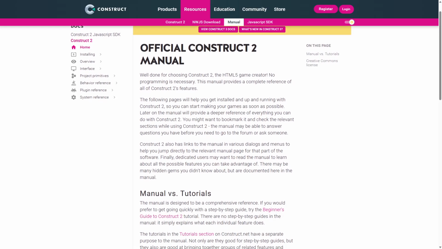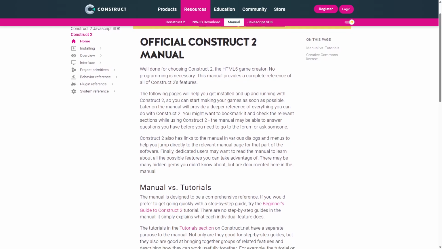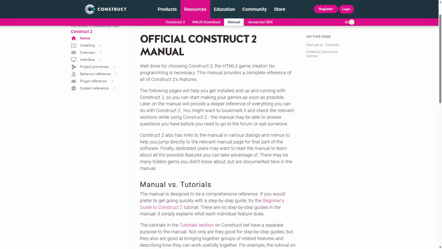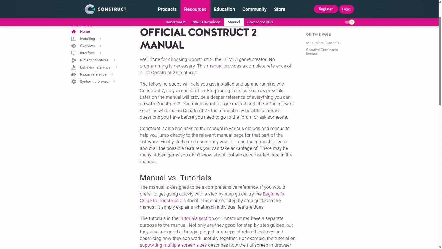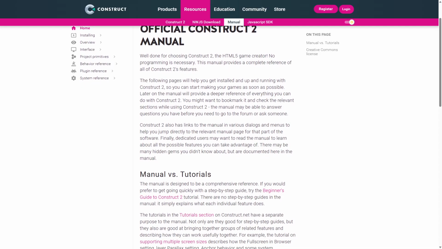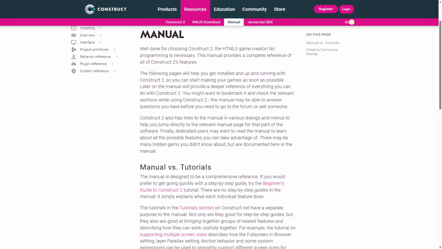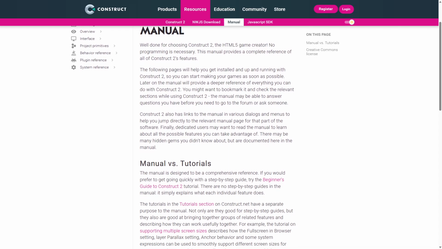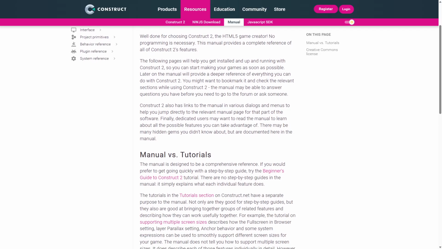Its strengths include offline use, a stable interface, and extensive community tutorials. However, it lacks native browser support, requiring installation and updates manually. Construct 2 is ideal for developers who prefer working offline or on Windows systems without internet dependency. It supports exporting to HTML5 and various platforms, but the lack of ongoing updates means some newer features are missing